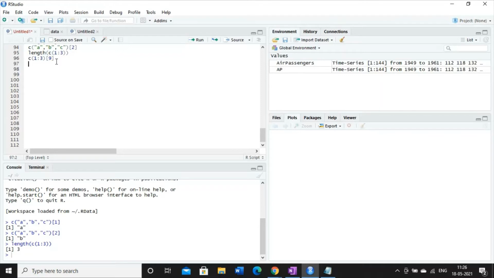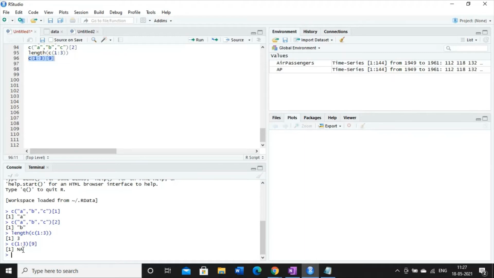So in that case, we will get a missing value if we try to index outside the length of the vector. So 9 does not exist as an index in this vector. As a result, if we try to execute it, I will get the output as NA, because NA stands for missing value, meaning no value exists in location 9. This is some of the consideration under case 1 for vector.